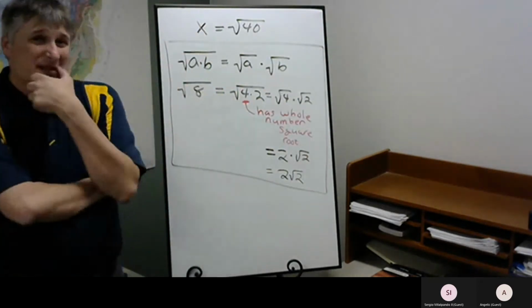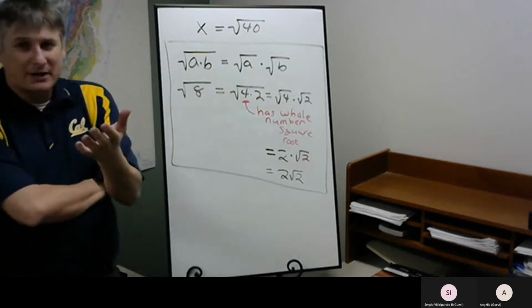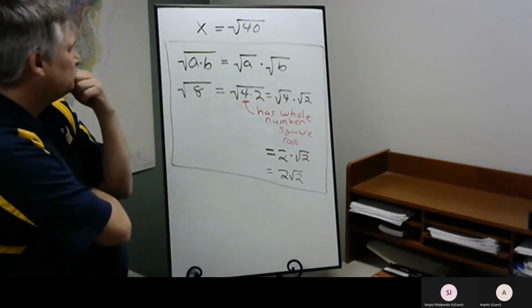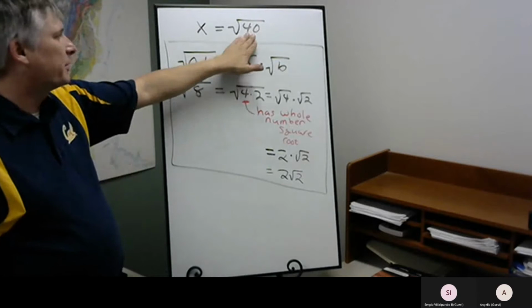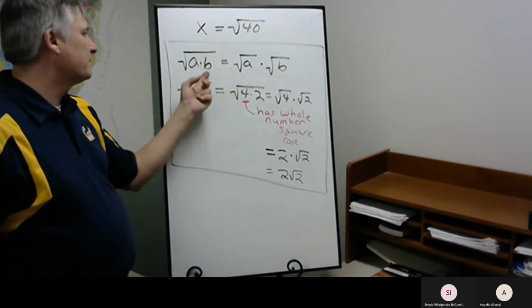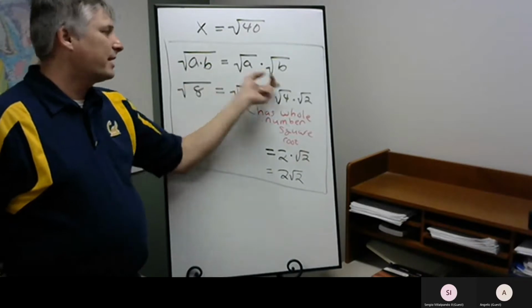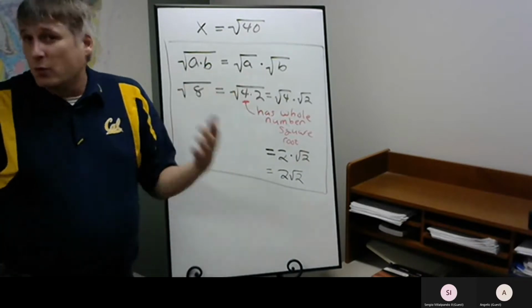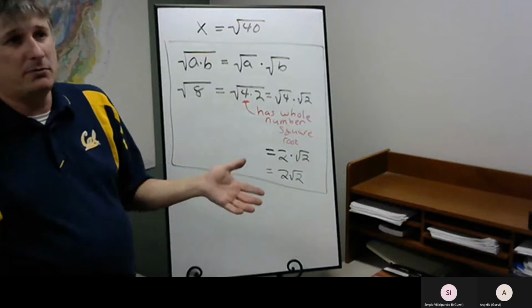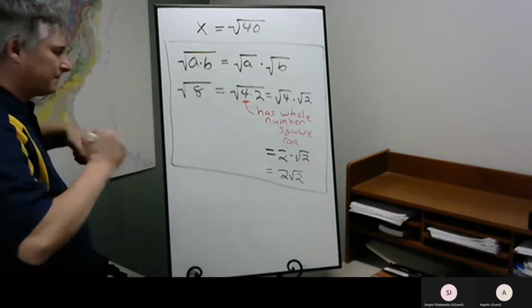So when you see this in the textbook, and this is going to come back later when we get to quadratic equations, when you have a square root of something like 40, see if we can break it up into the product of 2 numbers, and then each number in that product inherits a square root sign. And one of those numbers might have a square root that's a whole number. So in the case of square root of 40,